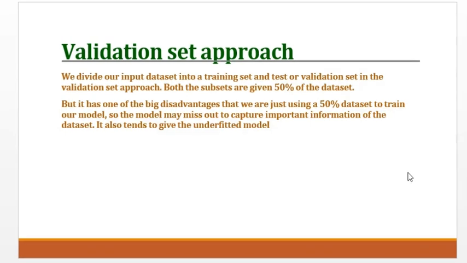The validation set approach is basically a simpler technique for evaluating the performance of machine learning models by splitting the dataset into two subsets, one for training and another for validation. Now, in formal definition, the dataset is divided into two parts. One is the training dataset, which is used to train the machine learning model, and the validation set that is used to evaluate the model's performance and determine how well it generalizes to unseen data. The purpose of this is to assess the model's accuracy before deployment and avoid overfitting to ensure the model works well with unseen data.